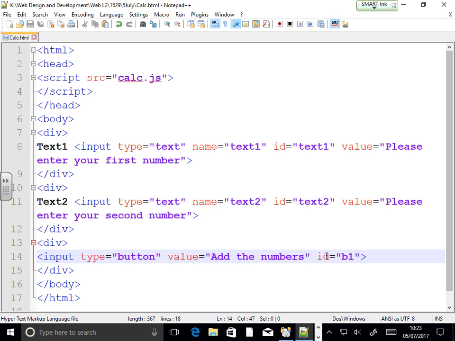Now, what you want is that when you click on this button, the two numbers which somebody has written down should be added, and the result should be given to you. Is that right? So when do I want the action to be? On click of the button. So if it is on click of the button, then I have to go in this button and just say onclick is equal to, and I'll have to call the function. Is that right? So I'm just calling it addNumbers. Is that okay?